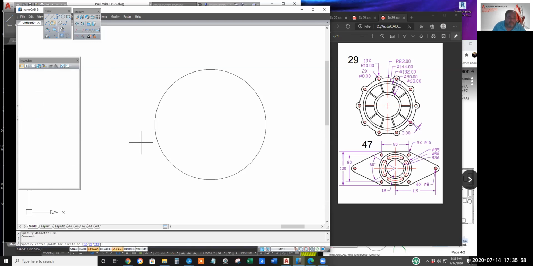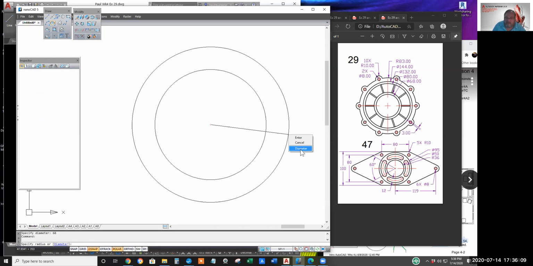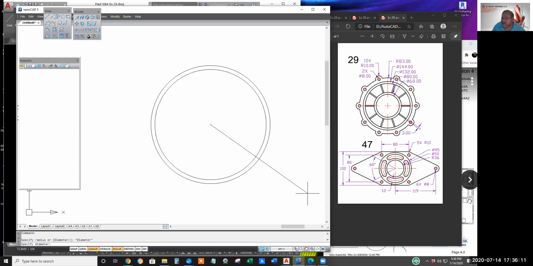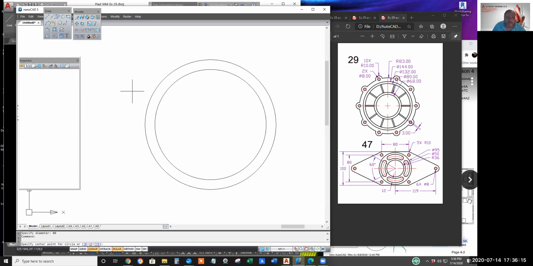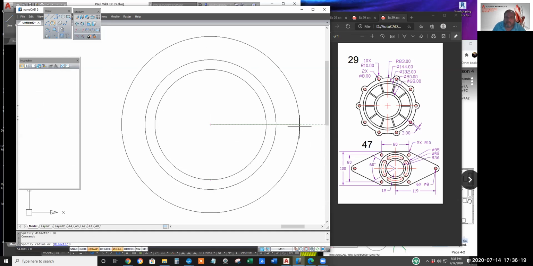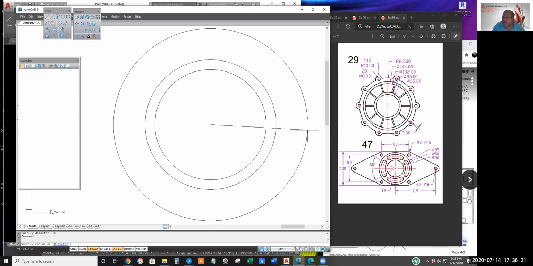Hit enter again for the last used command, since there's no icon. Hover around an snap, right click diameter, and this one is 80. Hit enter for the last used command, hover, snap. Diameter is 132, enter.